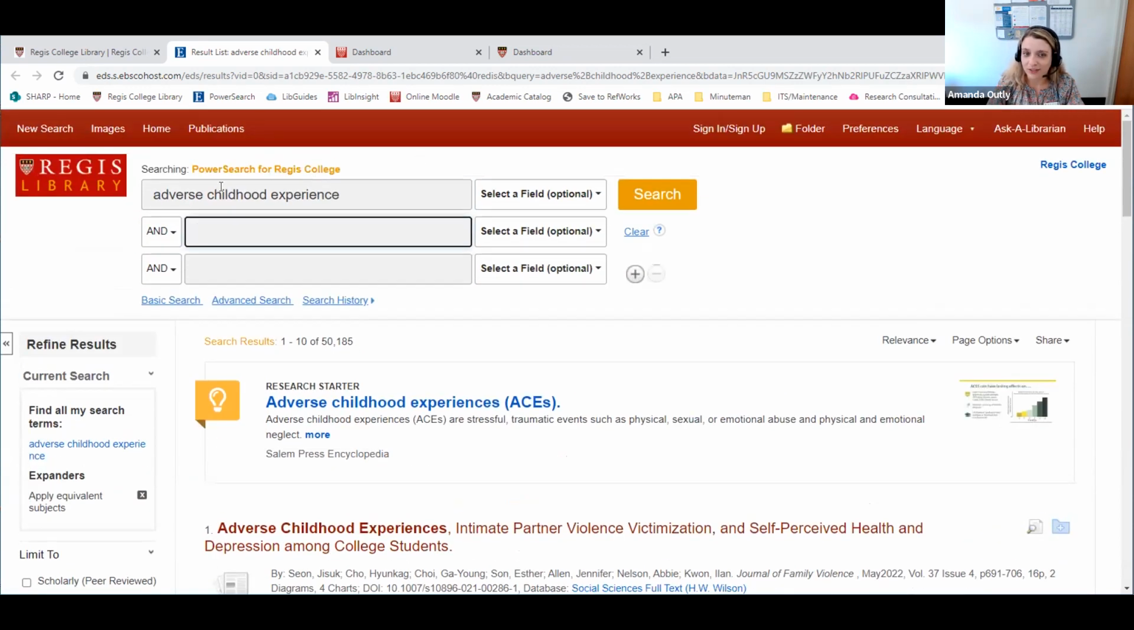I always treat each of these boxes as separate components of my research question. I find it easier to keep track of all of the different concepts that go into my research question. You could actually blend everything all on one line. So maybe we're looking at